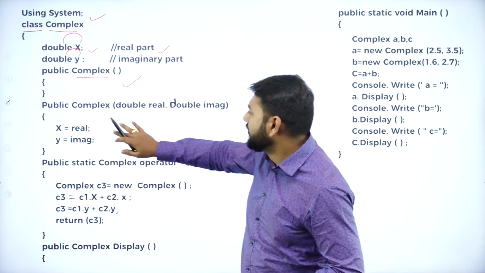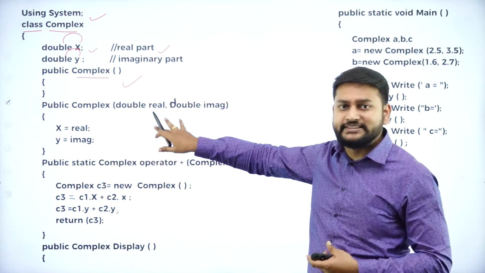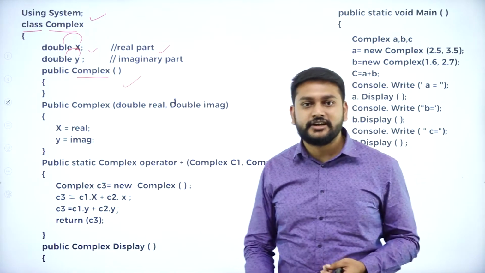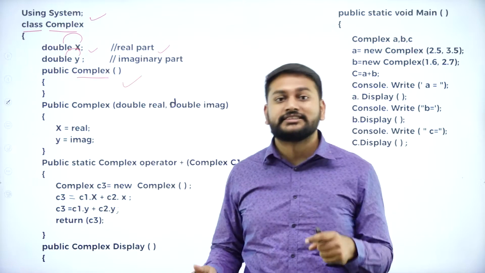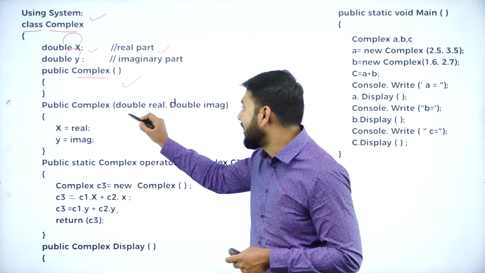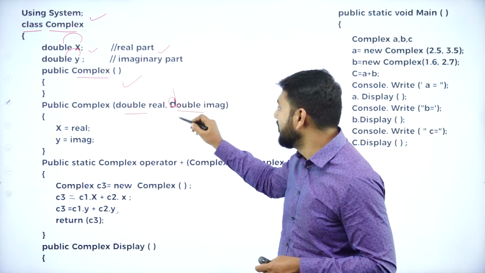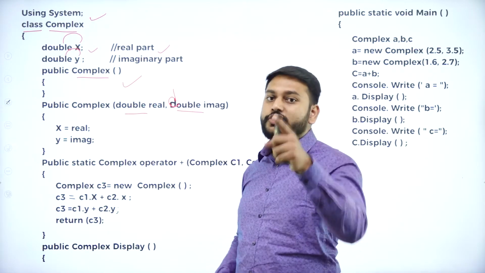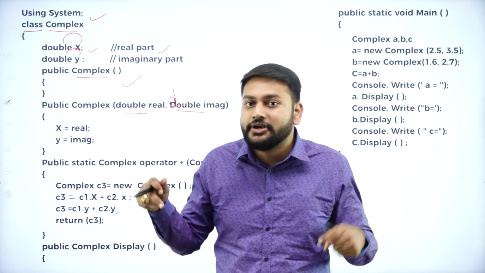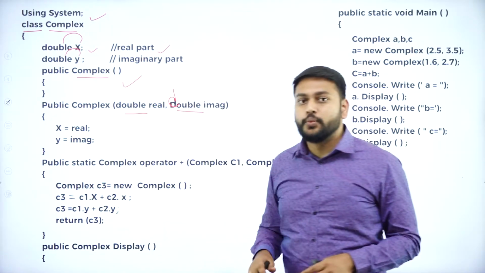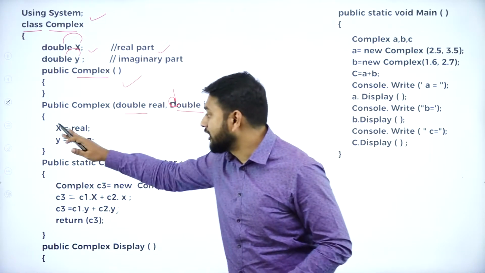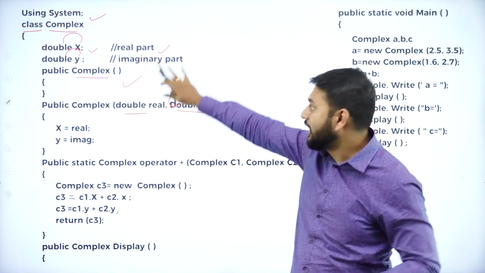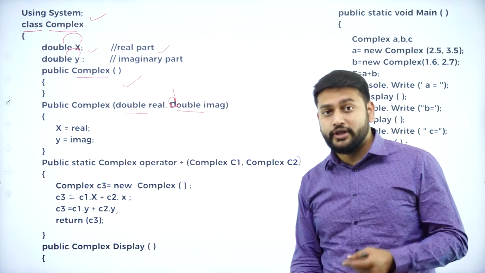Cool then. The next one, could you please identify what exactly that I have here? Yes, my dear students. So this is a constructor of what type? Parameterized constructor. How many parameters I'm passing? I'm passing two parameters. One is double, another one is, come on, that is also of type double. So that's what you need to remember. I'm passing two parameters, so real and imaginary, and I'm assigning that to the x and y. So fine, there is no big deal in this. We're not discussing anything in this part with respect to the overloading, is what you need to observe.